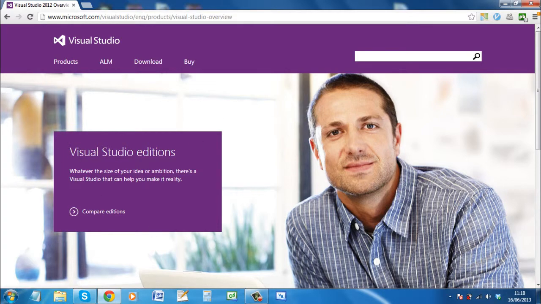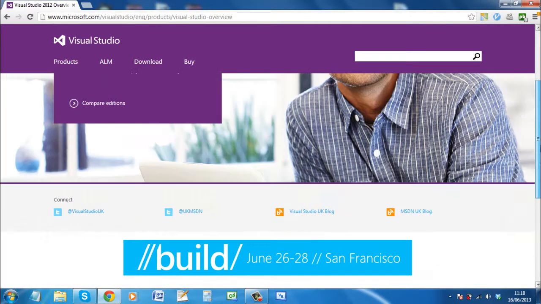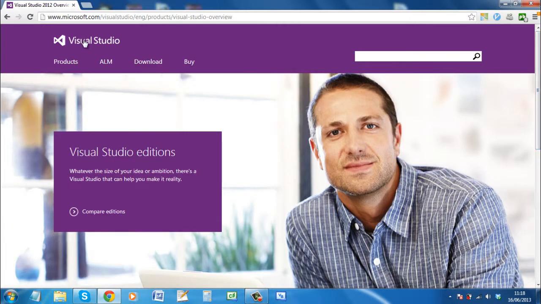Okay then, after a few minutes searching Google, I figured out that the first website I went on was the correct website. They had just changed the design. The only reason I thought it wasn't the right one is that it said Visual Studio 2012 and it didn't used to. So you're going to want to hit download,